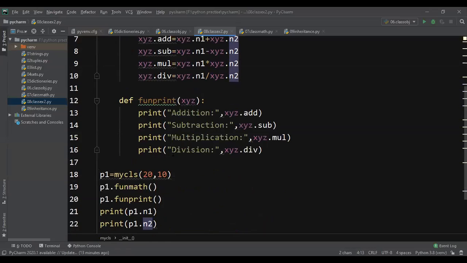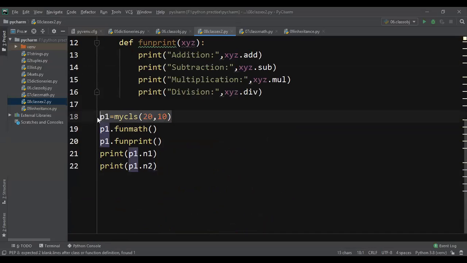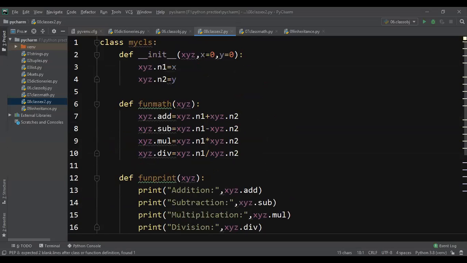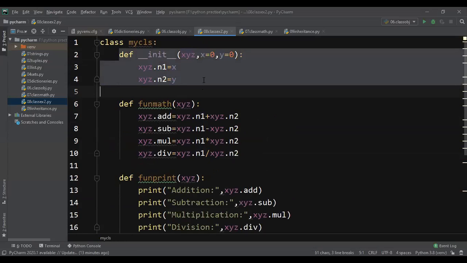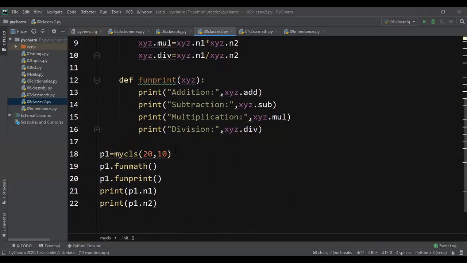Then we are printing here. The moment the processor executes this particular line, 20 will be stored in x and 10 will be stored in y. That 20 will be given to n1 and 10 will be given to n2. So that means the constructor function is automatically executed with this particular line.